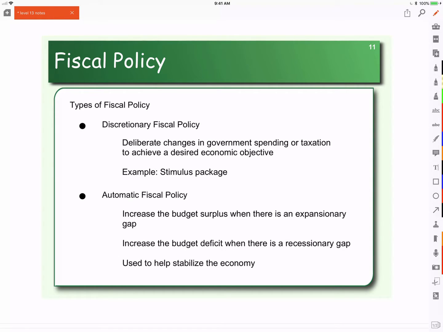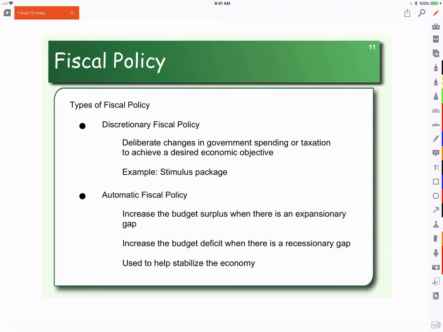When it comes to fiscal policy, it can be done at the municipal level, that is cities, at the provincial level, and at the federal level. So municipalities, provincial governments, and federal governments all can spend money and can tax. So as we look at fiscal policy, we need to look at the different types of fiscal policy that can